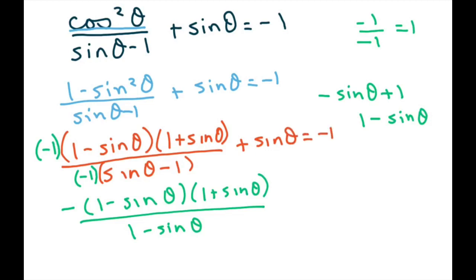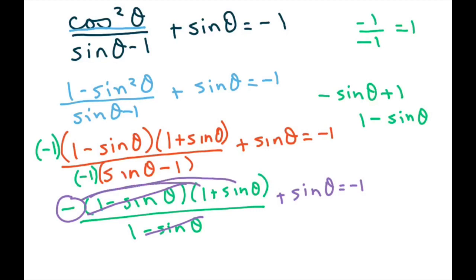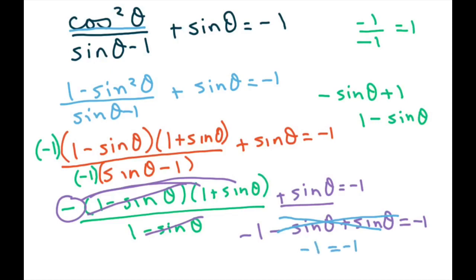So what happens here, now I can cross them out. But I still have this negative in front. So I'm going to distribute the negative. When I distribute this negative to this piece and this piece, I'm going to get -1 minus sine of theta. Now add this, plus sine of theta equals -1. And what happens is these two cancel out, negative sign plus sign. We have negative 1 equals negative 1. And that checks out. Okay, the last one,